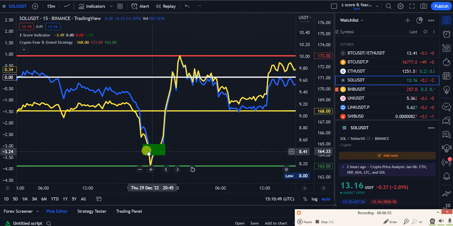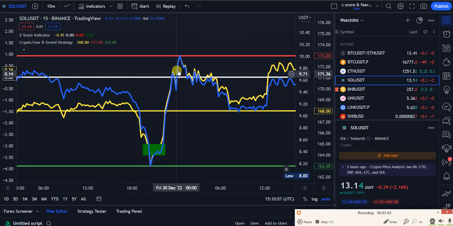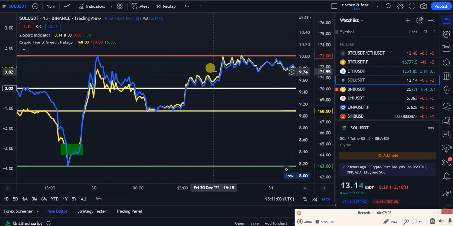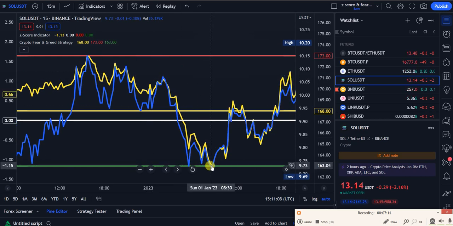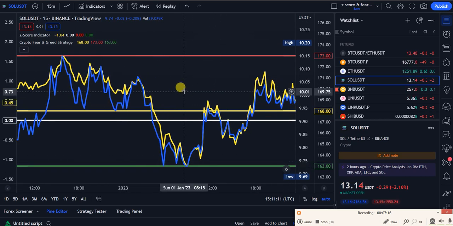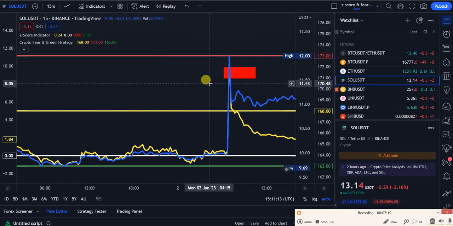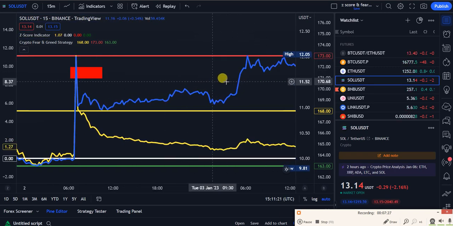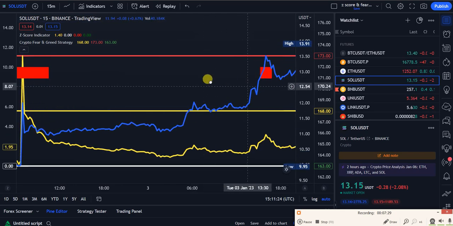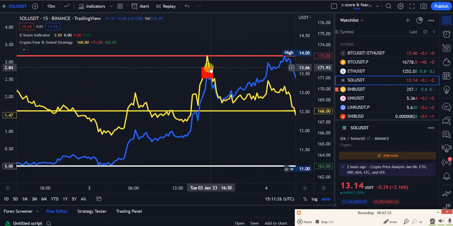Anyway, Solana, $8.45. You caught the whole crazy move. How crazy is this? $8.45 long. It goes to $10. You don't close the trade because you didn't get a red bubble. It keeps going up, keeps going up, keeps going up. Went back to 960. Okay, but you're still up from $8.40. You didn't know it would shoot up, and then it reaches like $12 and it tells you to sell at around 12. You can catch the top and the exact bottom, and if you didn't, you got another sell signal in here at